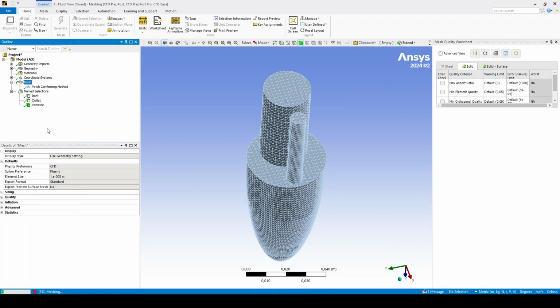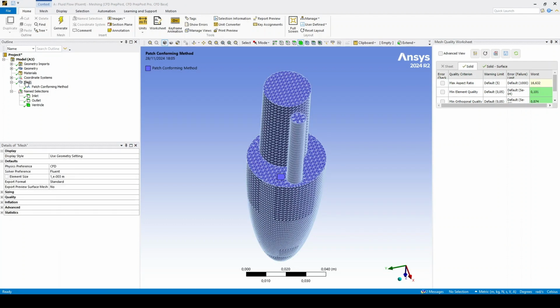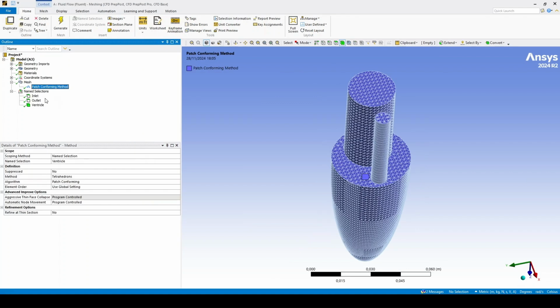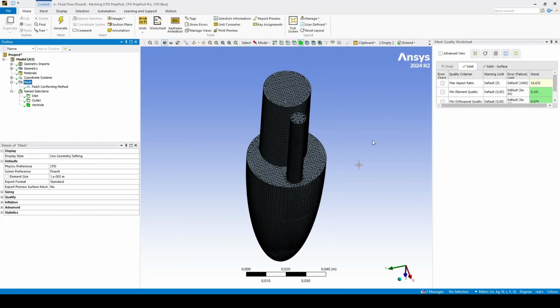Also, it is really important that here you specify your element size. In our case, it's already specified as 10 to the minus 3. But if you want to refine this mesh, or even if you want to include another method such as inflation, sizing, or whatever, then you can do a more specified or detailed meshing of your volume. But in our case, for now, using just patch conforming and this size, we will get this kind of mesh